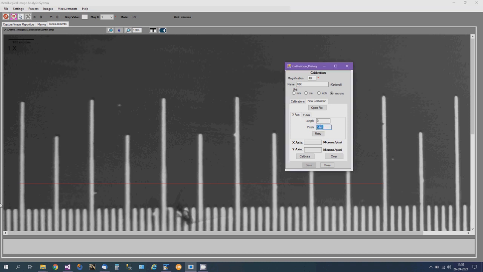This tells you that the number of pixels between this point and this point is 1446 pixels, which is what? The least count, as I said, is 10 microns. So this is 100 microns, 200 microns, 300, 400, 500 microns. The length on the scale, or the length of the real world, is 500 microns. Since I have done the scale in horizontal direction, I enter the same data in y-axis, 500 and 1446.